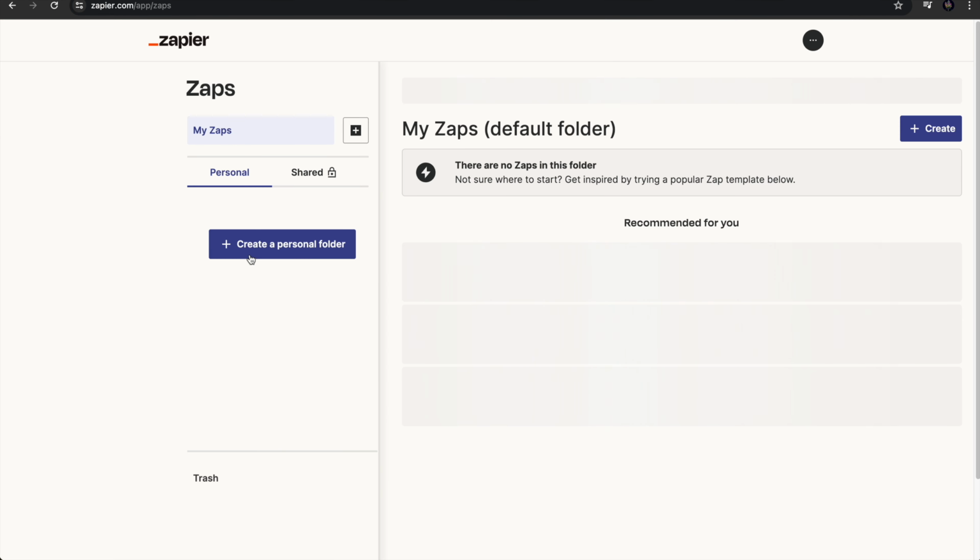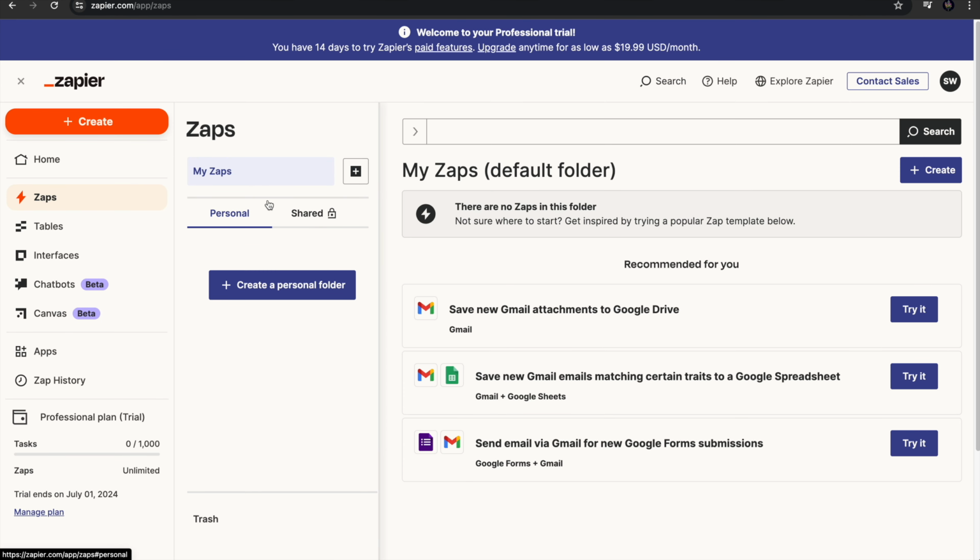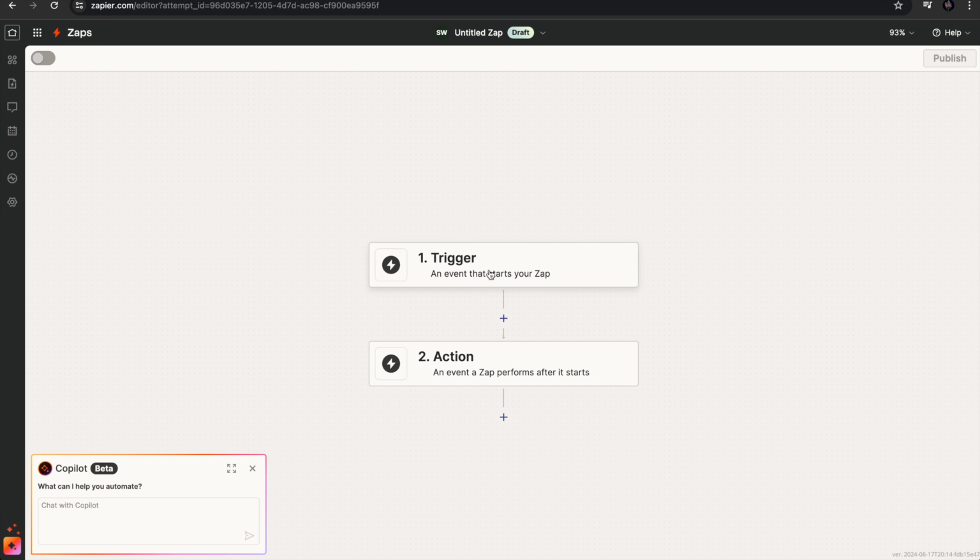If you go to Zaps, it's going to show you all your Zaps. It's best practice to label your Zaps something you'll remember. You can even use folders to help you. If you only use it for this purpose, it's not that hard, but if you start having 10, 20, 30 Zaps, speaking from experience, make sure you just do a really good job of labeling them so you know what's going on. So we're going to say create Zap, and we're going to come to this trigger right here,